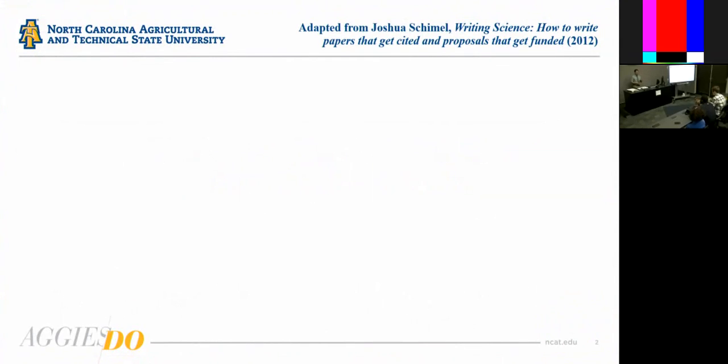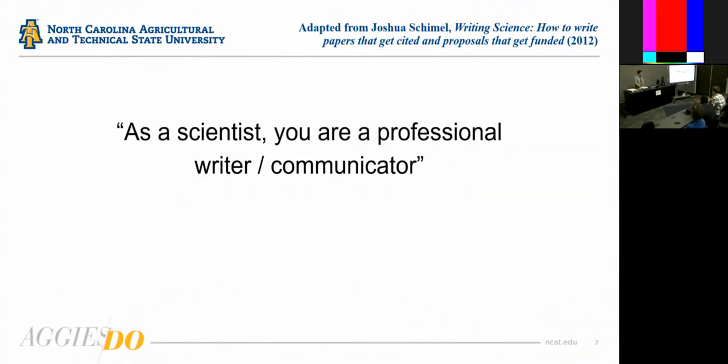Before we get into abstracts as such, I want to start with a couple of points about the relationship between science and writing or communication. This is a nice point that I've seen and I adapted it slightly: the idea that as a scientist, you are in fact a professional writer and communicator. It may not be the way you think of yourself normally. You may not think my role is to write, my role is to communicate. But ultimately that is what you need to do. And you need to do it effectively as a scientist because you need to be able to share your results. You need to be able to compare results and compare methods with other researchers. In that sense, you really are a professional writer and communicator.